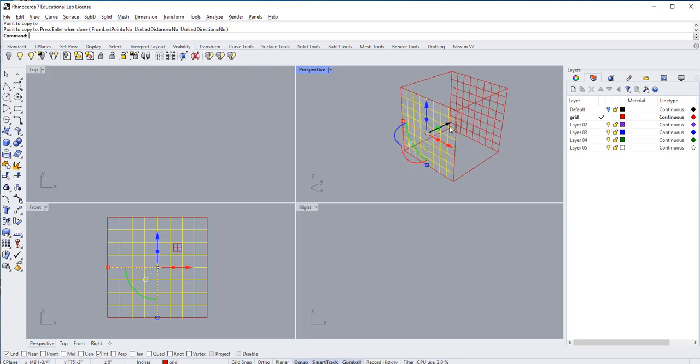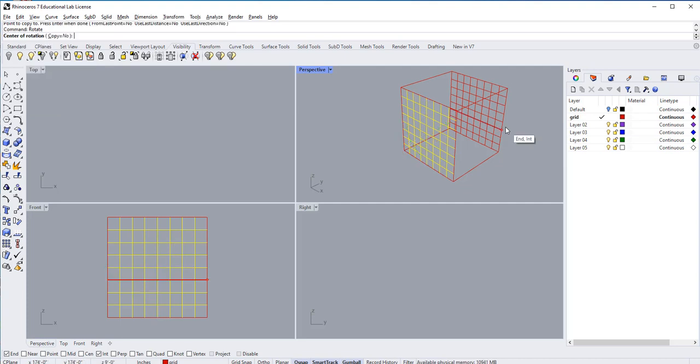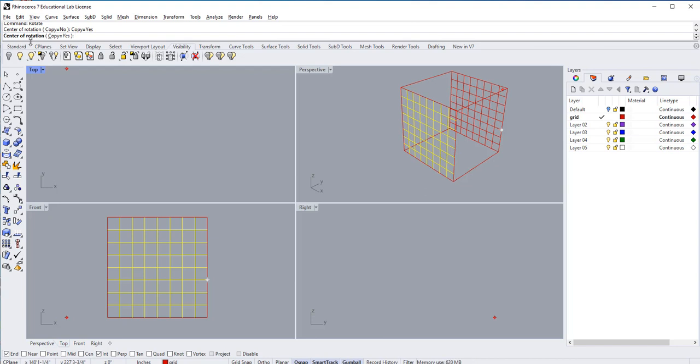Now, if I go ahead and rotate, and then copy, yes, no, I'm going to say yes. And then I'm going to copy the same selected object. What is, oh, hit enter. And then, oops, sorry. Copy center of rotation. It's asking me for where I want the center of rotation. So I'm going to want the center of rotation right here at the bottom here. And then reference point. So if I go to this top line right there, and then crank this around,